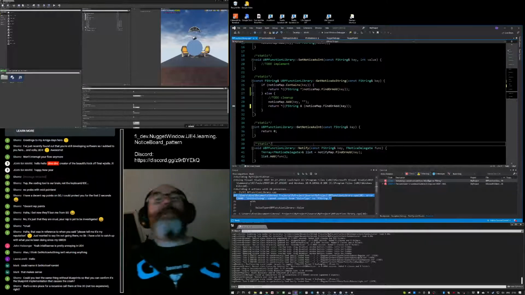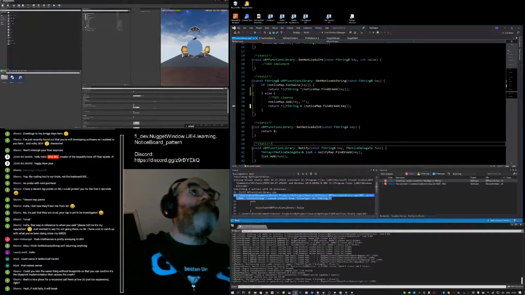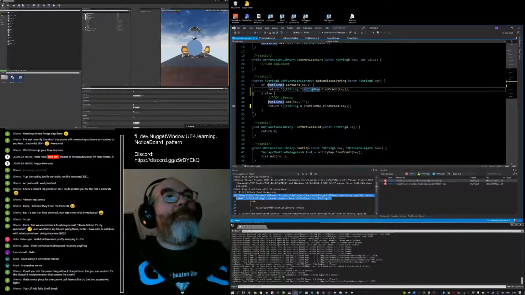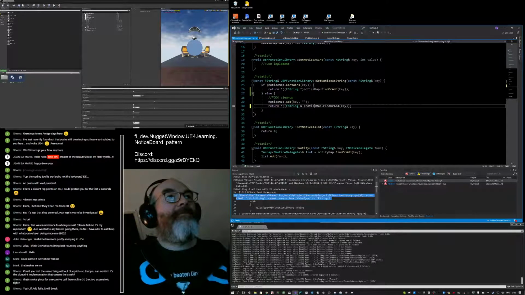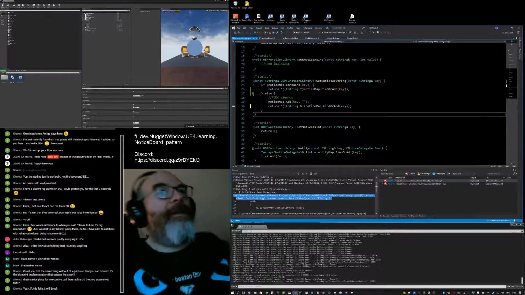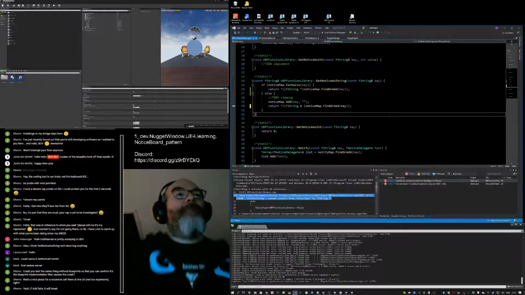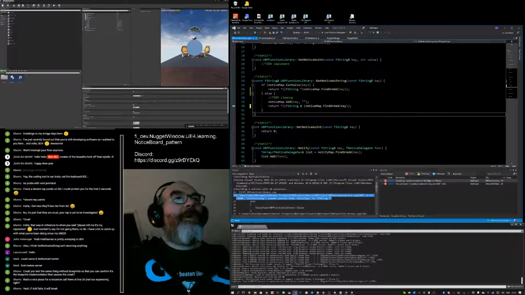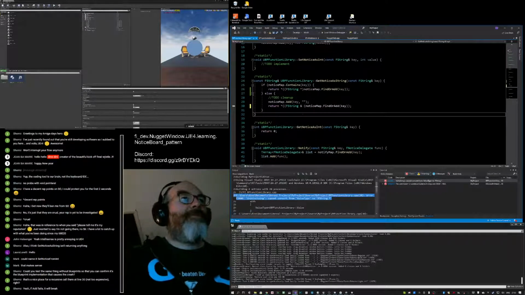But in the end, it's a one-liner. So it's true, I could get rid of this code duplication here. But I think for ease of debugging, I'm going to keep it that way. It's not a big deal one way or the other, but it's a good suggestion.